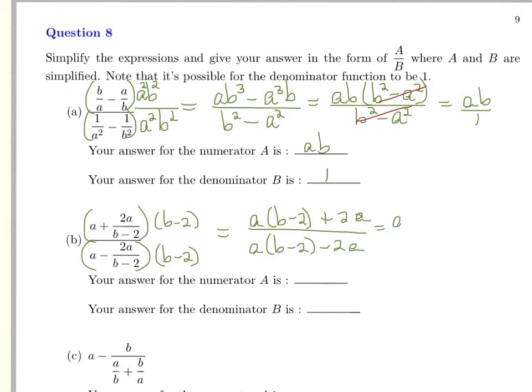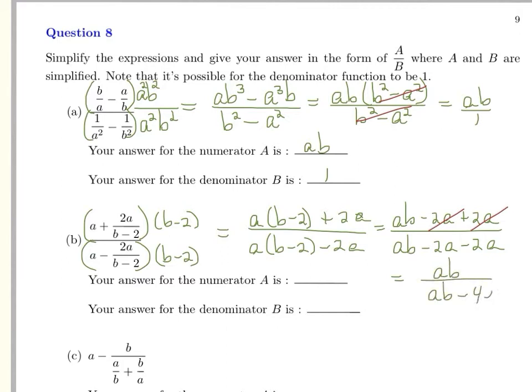So that'll be ab minus 2a plus 2a, and then ab minus 2a minus 2a. The 2a's in the numerator cancel each other, and in the denominator they don't, so I have ab over ab